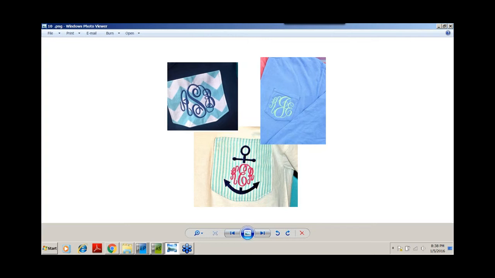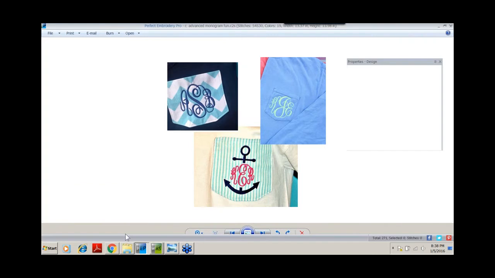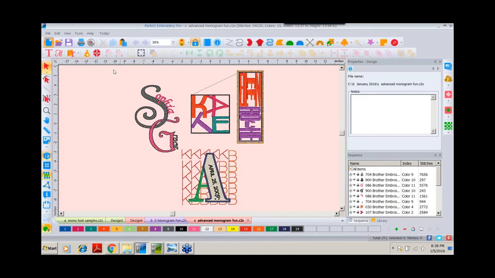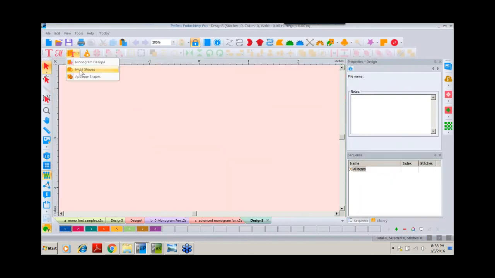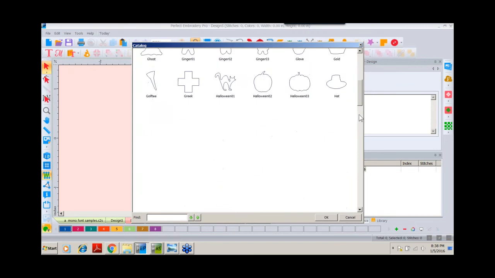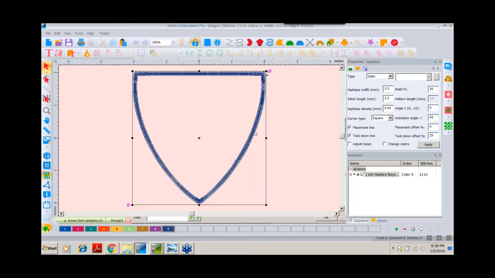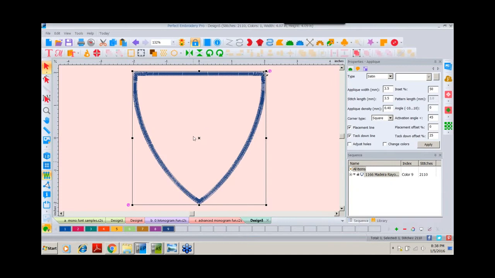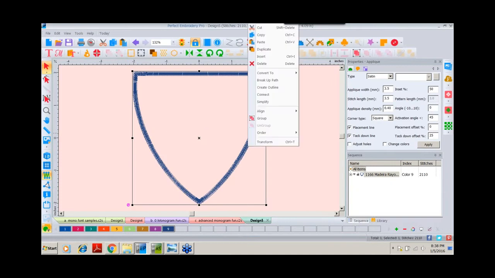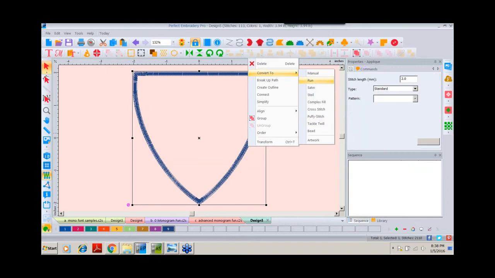And in doing so, it's very easy because in Perfect Embroidery Pro, we'll bring up a clean screen here, you have applique shapes built in. You'll find them under Text Designs. Let's scroll all the way down to Shield number 1. We'll double-click that to bring it on the screen. Remember, we found this under Applique, so I'm going to do a right-click, Convert to, and change that to a